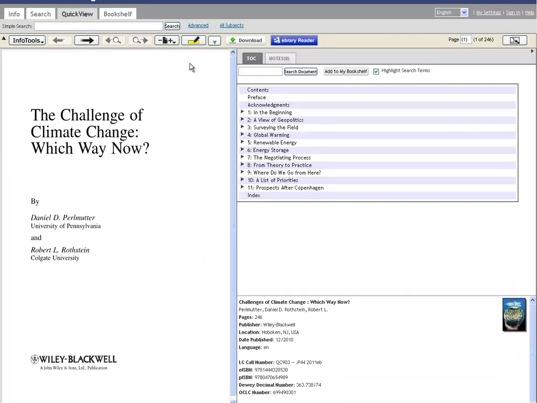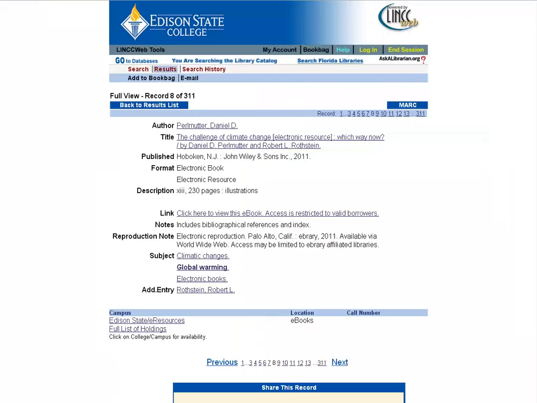We do have additional tutorials on downloading ebooks and using ebooks, so check those out if you have any questions about the ebook collection. So those are the different types of resources that you can encounter in the Edison State